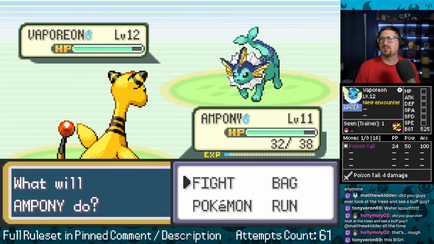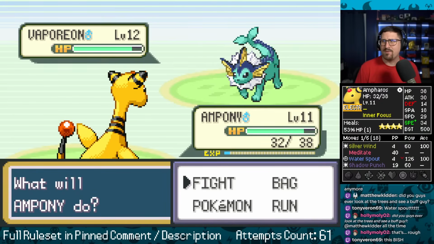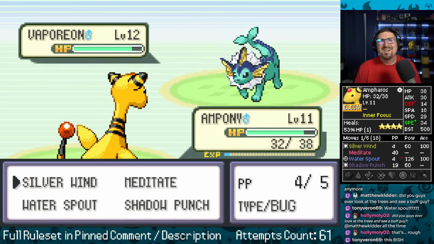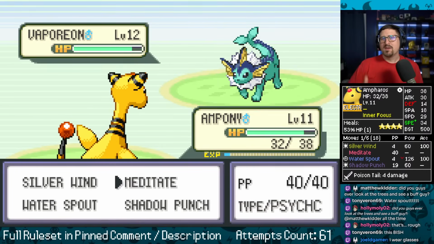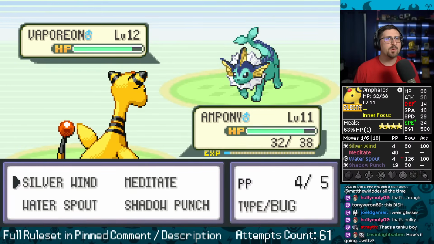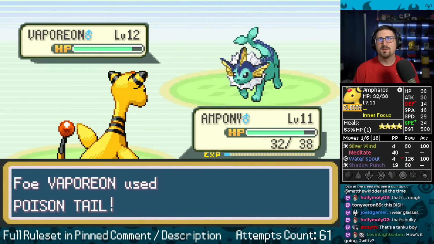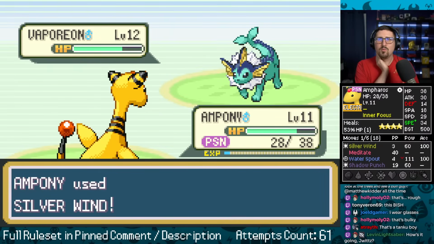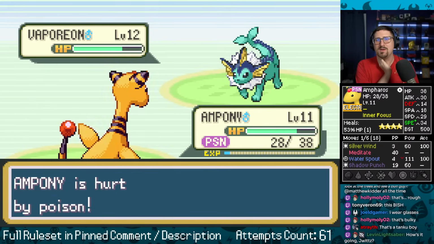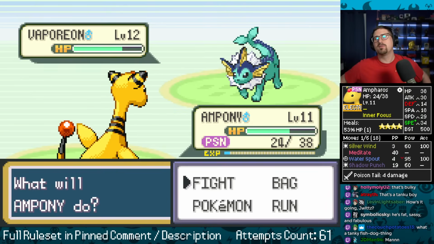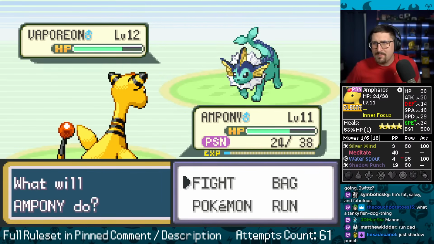Oh, Jesus. Thing's got to have defense. Do I start meditating? I think I just Silver Wind and hope I get the proc here. This is a very bulky Vaporeon, though. This could get ugly. At least have the potion, but... Poison Tail. I knew it was coming. Okay, this is quite bad now. Okay, we got the Omni Boost. We need it badly. I don't think we survive through the Vaporeon, though, because we're also going to have to survive through the poison. That means walking all the way back.